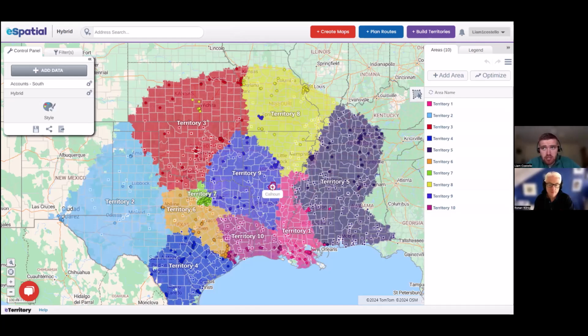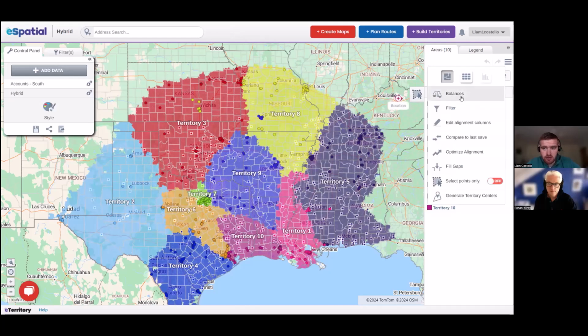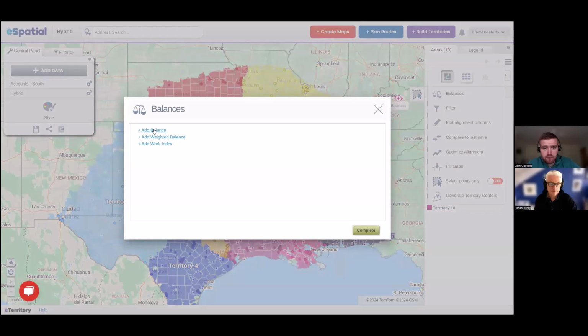Some of the key metrics that we would see all the time is sales potential. They may want to see the volume of accounts per territory, revenue year to date, or historical revenue, or any other number of orders. Various KPIs and metrics that are important for them. So that's what we can do. We can aggregate all of that per territory.